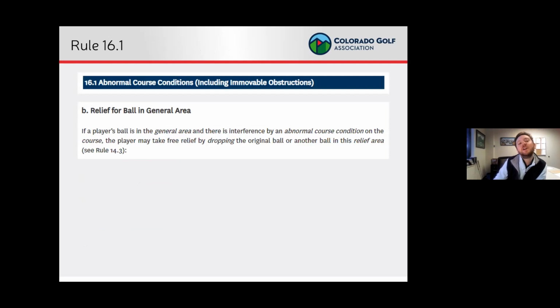We're looking at the ball here. The player's ball is in the general area, and there's interference by an abnormal course condition on the course. Again, we're seeing things that we've already seen, on the course. It's inferring here. The player may take free relief by dropping the original ball or another ball in this relief